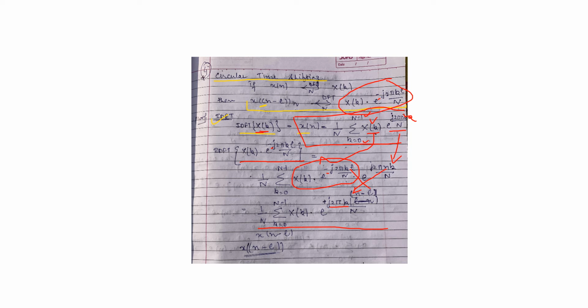If we write n here, then this will be equal to x of n, and now n is replaced by n minus l. So this is the formula of x of n minus l, meaning the inverse DFT of x of k into e raised to power minus j 2 pi l k upon N is equal to this, and n minus l is circular time shifting. We write it as circular, so this will be equal to x of double bracket n minus l. We had to prove this, so we started from this side and we get x of n minus l.